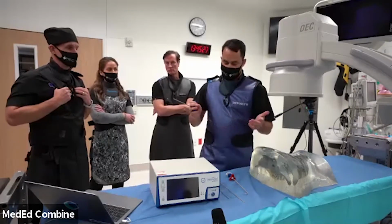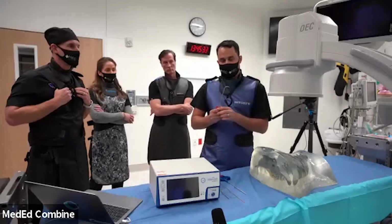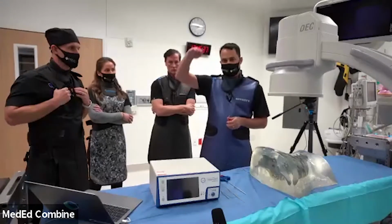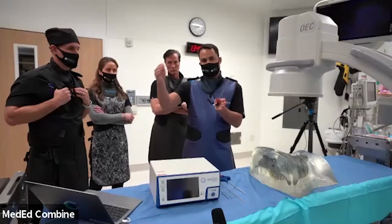It's just like driving a needle. It's really no different. This is their tool that really makes it easy to get to where the basivertebral nerve lies. So where does that lie? It lies 50% from superior to inferior end plate, and it lies 30 to 50% between posterior and anterior of